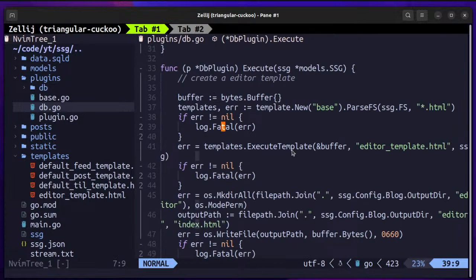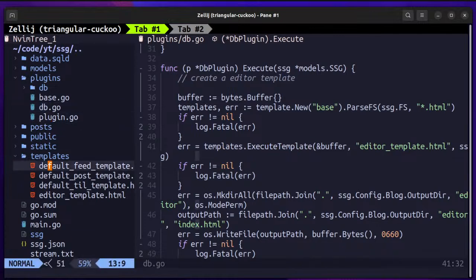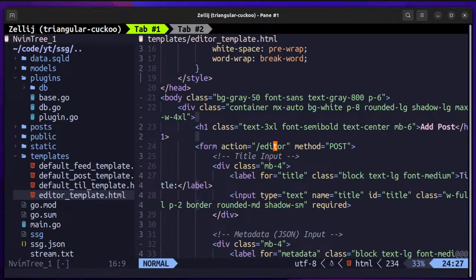So since we are definitely doing it over here, we can pass in the whole SSG context here. Okay, so that we can definitely do. Yeah, let's skip that for now, and yeah, let us route it to